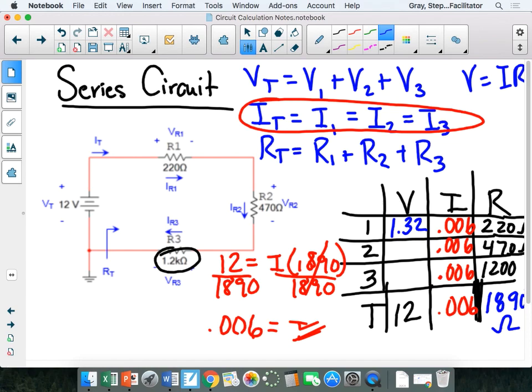Okay, then 470 times, so everybody, I'm multiplying these. 2.82, thank you, 2.82, and 7.2. Now, when you finish,